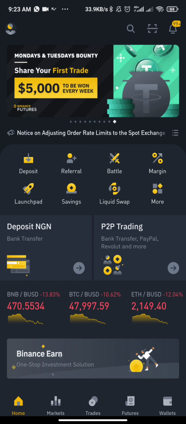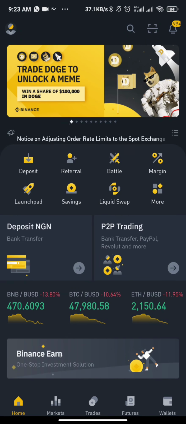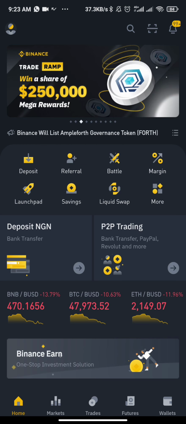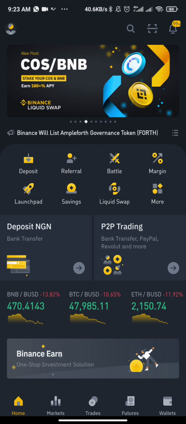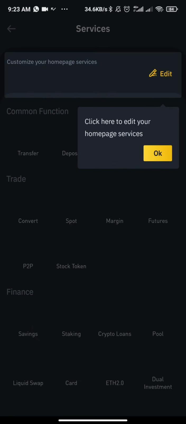So let's continue. You open your Binance app, you go to the home page, something like this. Then what we do next is click on more. You see deposit, require margin bar 2. So click on the more icon here on this home page, more. When you click on more icon,